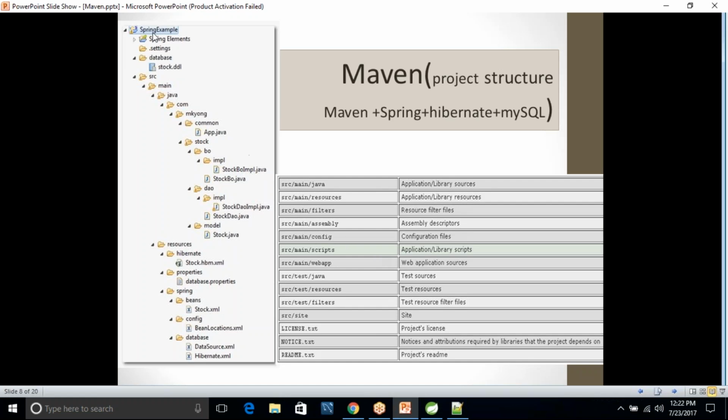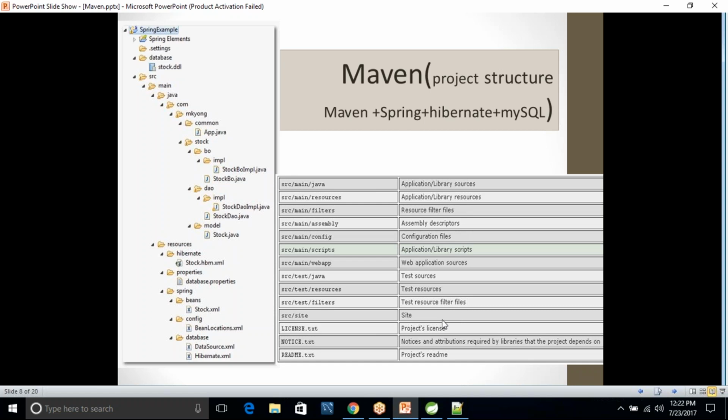So now you see the folder structure and all the descriptions we have. src is the root for all your Java source. Inside that, main/java is your application source and libraries. Resources is for your library resources or configurations, if you are using any filter, assembler or configuration files. There could also be JavaScript, web, Java resources, and so on. So this is the whole folder structure which we just spoke about, and this is the short